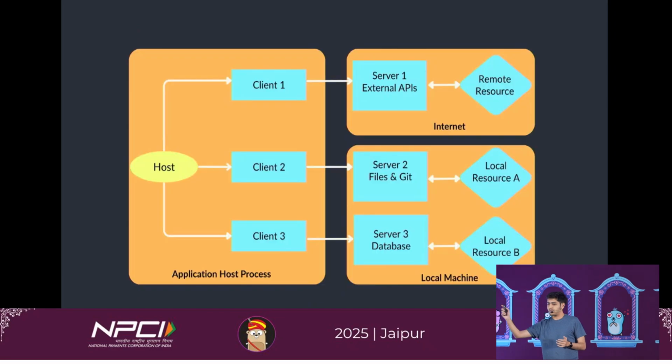So yes. If you look at the diagram, the host and client are usually packaged together. Each client maintains a one-to-one connection with the server. So if you see, client one calls the internet, so the MCP server could be hosted anywhere. And then client two and client three, they're talking to your local binary applications that might be running on your computer.